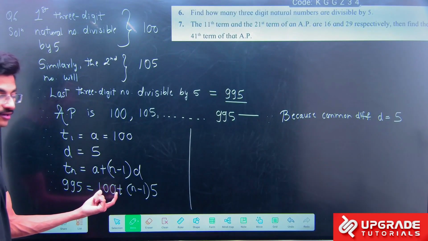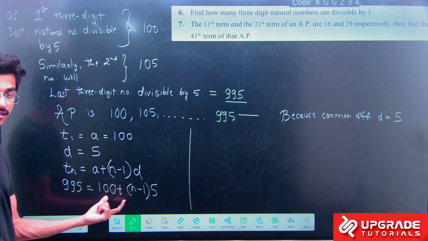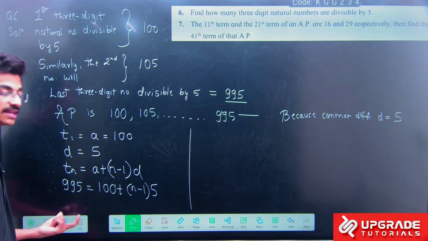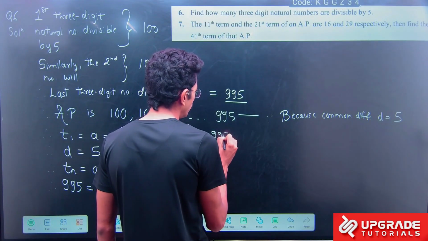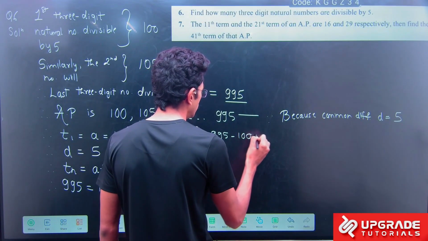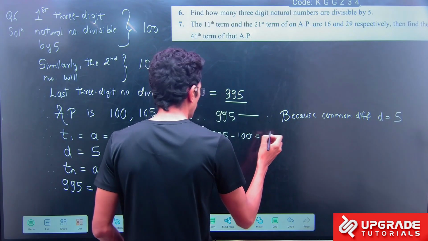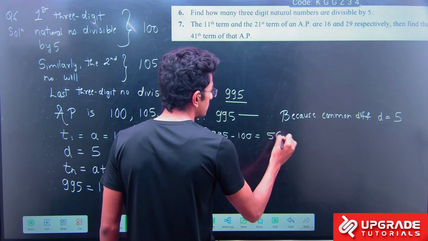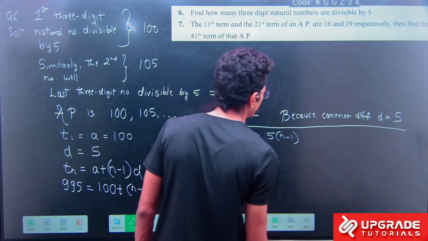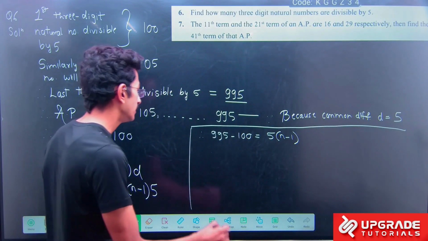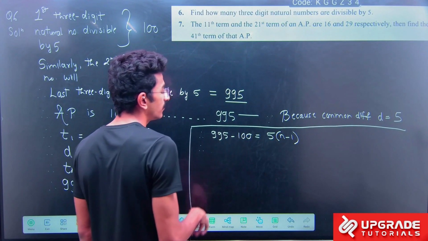So 100, here the sign of 100 is plus, so it will come to LHS and become minus. Therefore 995 minus 100 is nothing but 5 into n minus 1. Okay? Yes. 995 minus 100,